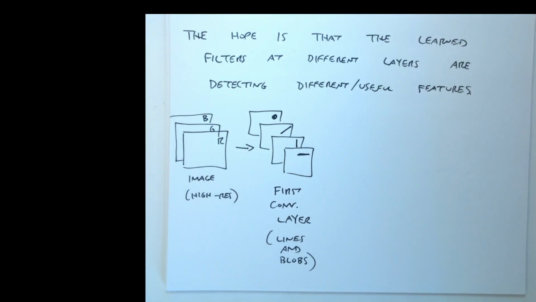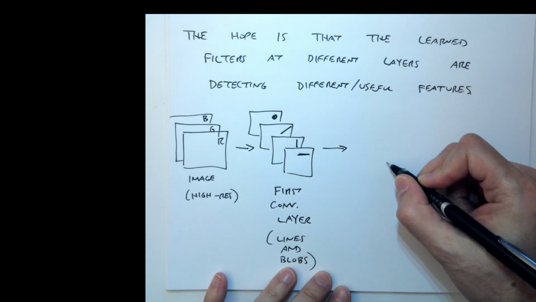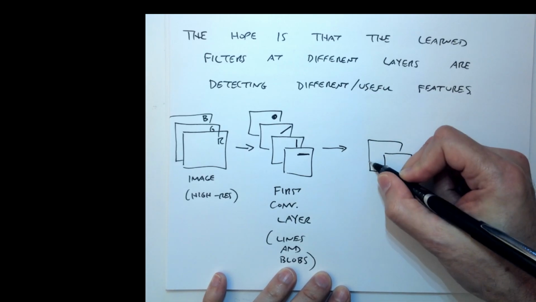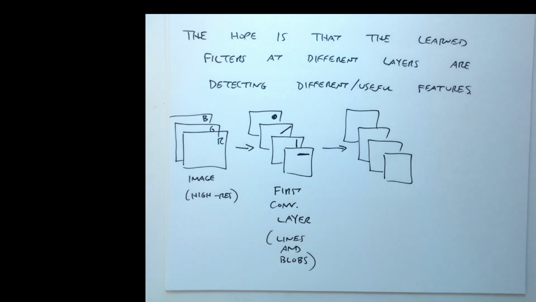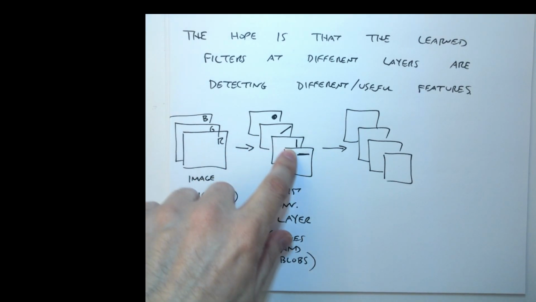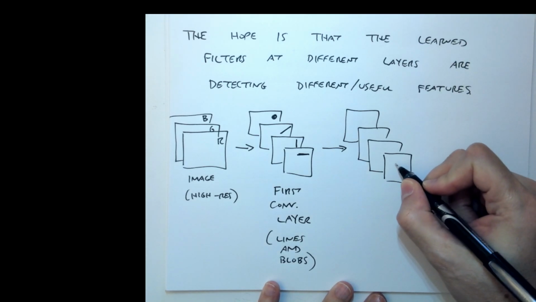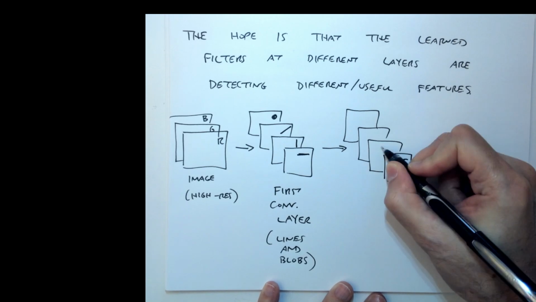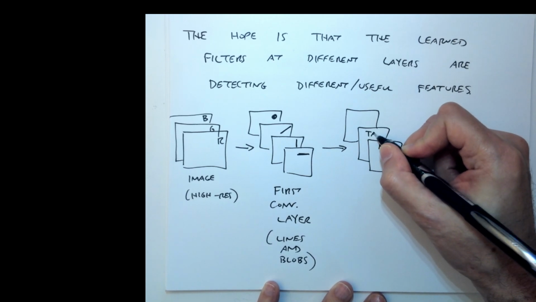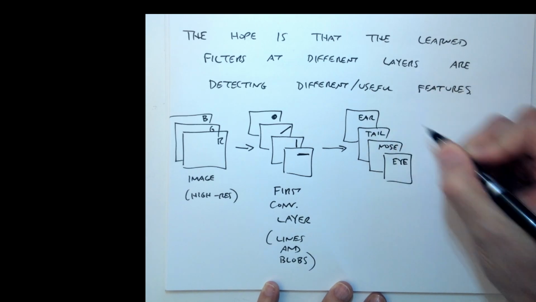And now remember that those are the inputs to the next layer, right? So now maybe I'm going to have another layer composed of more channels. I said faces, but let me back up and say, suppose I'm trying to classify animals. So maybe I could try to make combinations of these inputs that look like facial features. So maybe at the next layer, I'm detecting things that kind of look like eyes, and noses, and tails, and ears, right? And then